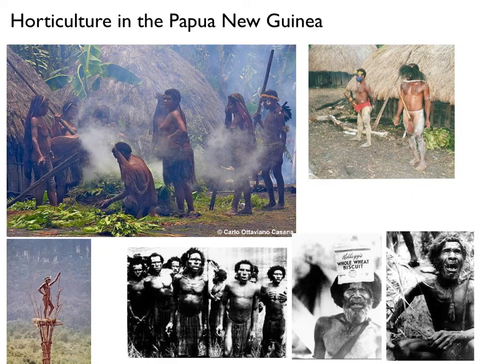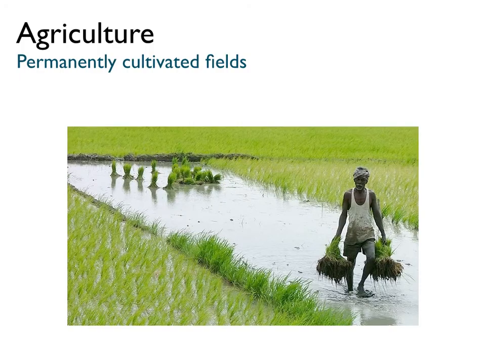Okay, so let's talk about agriculture. Agriculture involves the use of permanently cultivated fields. So unlike horticulture, where the areas under cultivation are moved regularly, and there's less labor input compared to agriculture,